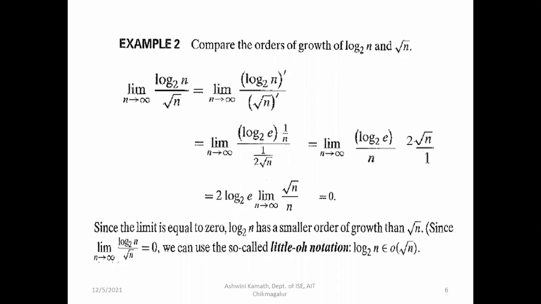We have seen that while discussing the basics of using limits for orders of growth. The first two cases mean it is in big O notation. It is not in the first two notations now. It is exactly equal to 0. That's why it is in little o notation. It has a smaller order of growth. Log n to the base 2 has a smaller order of growth than square root of n. So log n to the base 2 belongs to little o of square root of n.